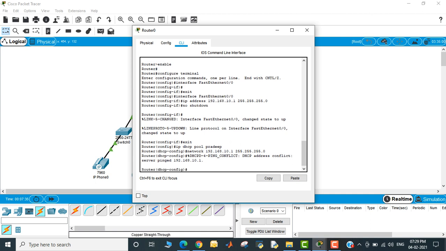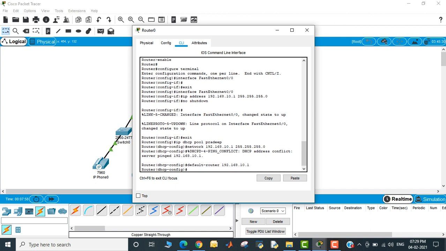The default router is the same, 192.168.10.1.